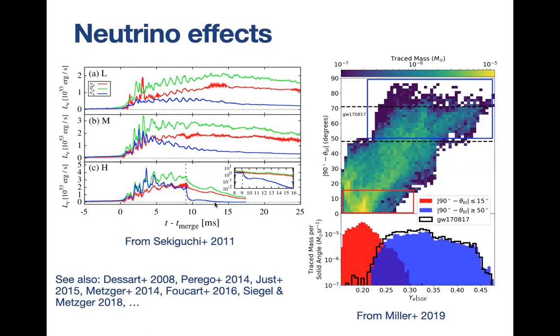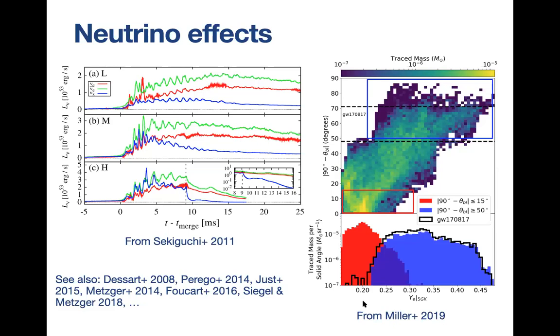So we have quite a large emission of energy in neutrinos. If we compute how much mass is in neutrinos after merger, this is about 0.1 solar masses. So if we look at the luminosity of 10 to the 53 ergs per second, this means that on a time scale of a second or so, all of the energy in neutrinos will be lost. So neutrinos could have an important impact both on the stability of the remnant, but also on the ejection of material and especially on the composition of material ejected after mergers.